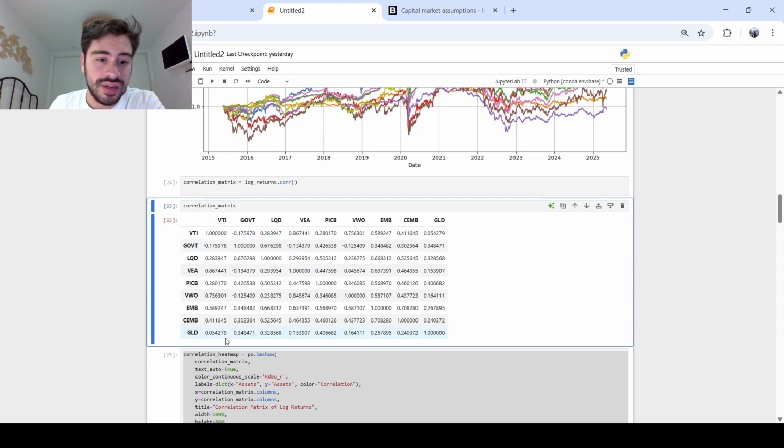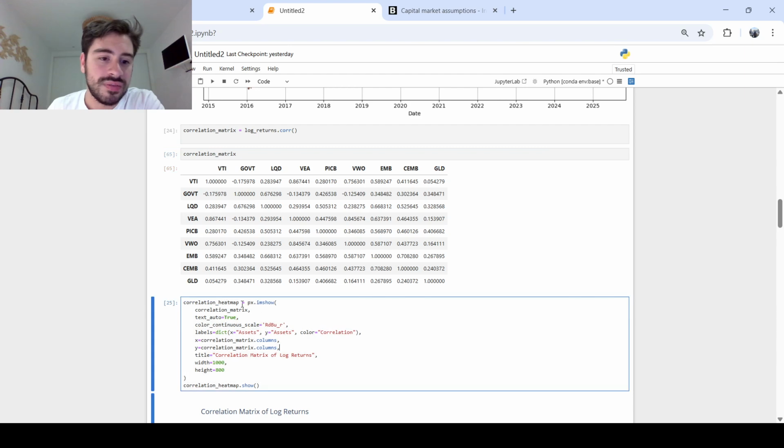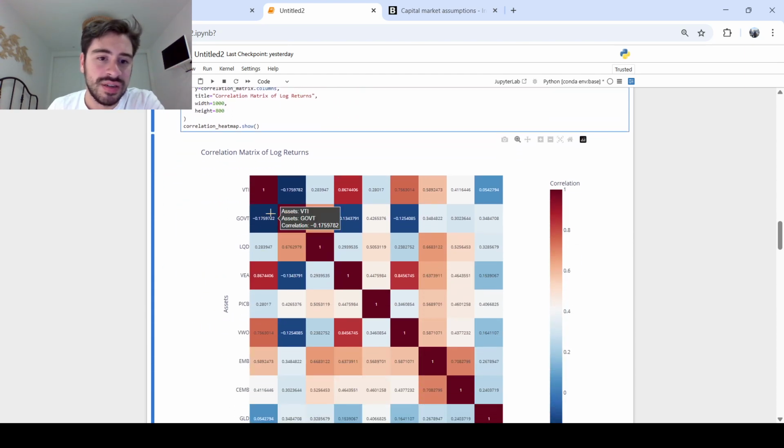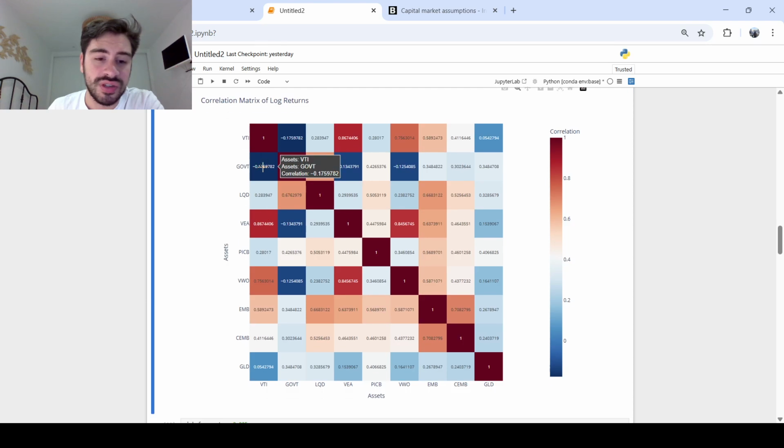Gold also has a very low correlation with other asset classes, which will contribute to a lower covariance in the end. Let's put a heat map. It's easier to visualize. We can see government bonds negative correlation. Gold also very low. We can see that emerging market corporate is also very low,